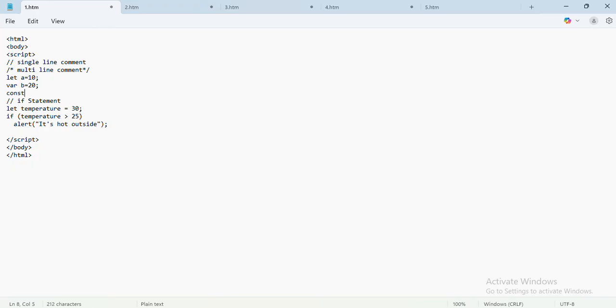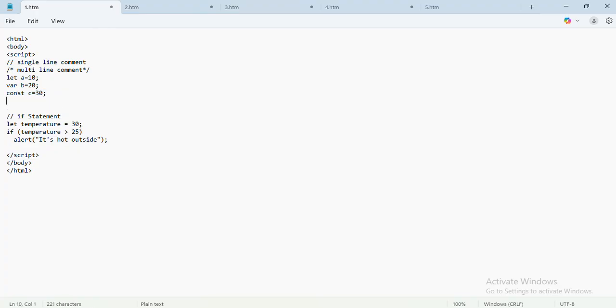A constant is one whose value, once given in a program, I cannot change in between. So I have given constant c the initial value 30. This is how I can declare a variable using let or var, and if I want to declare a constant, I can declare it using the const keyword.